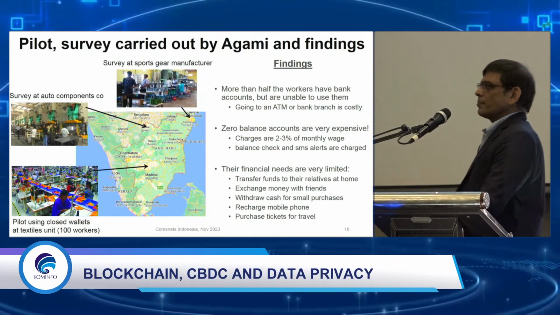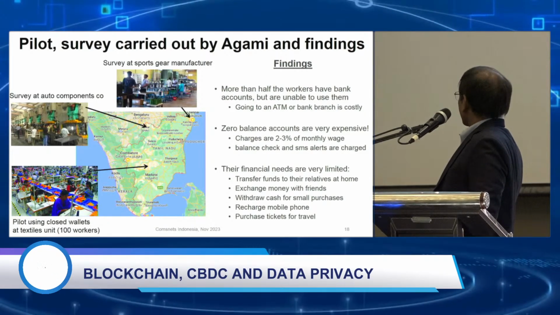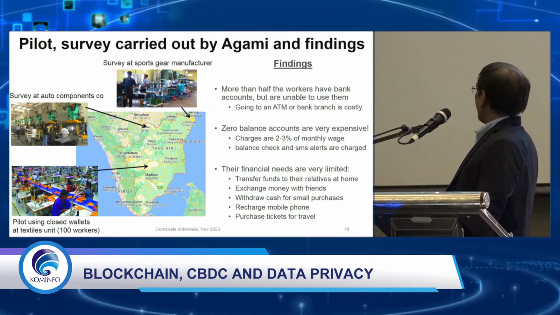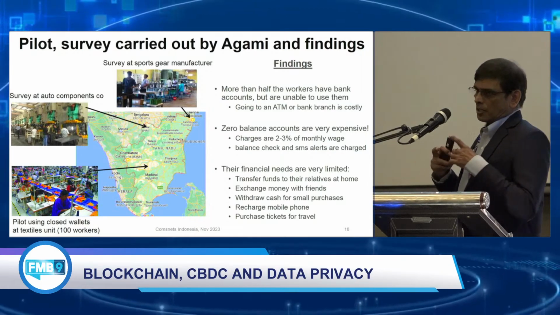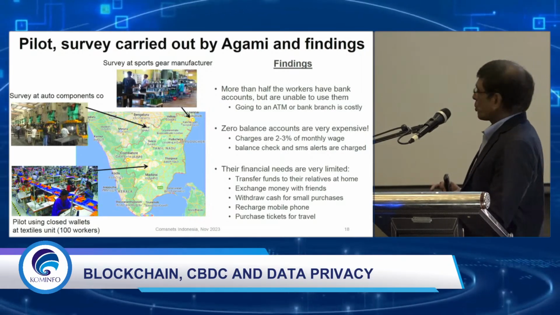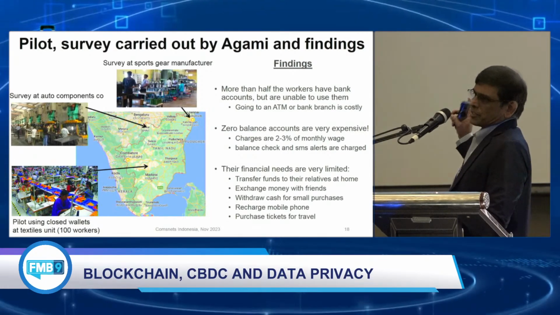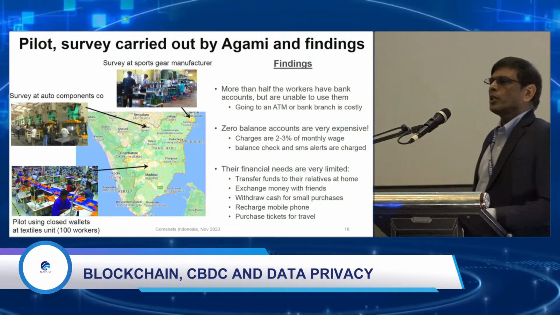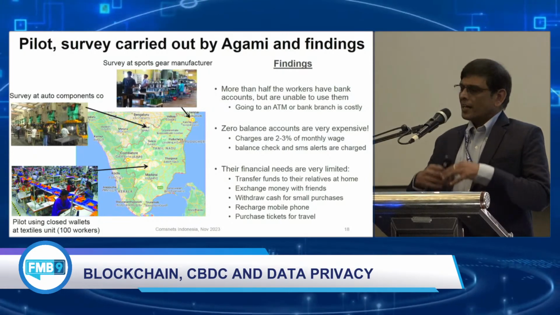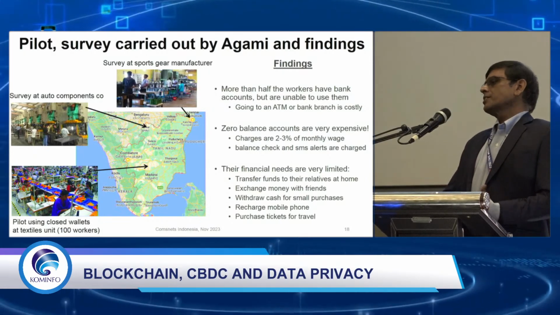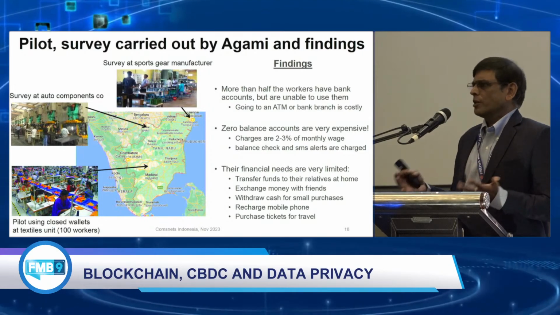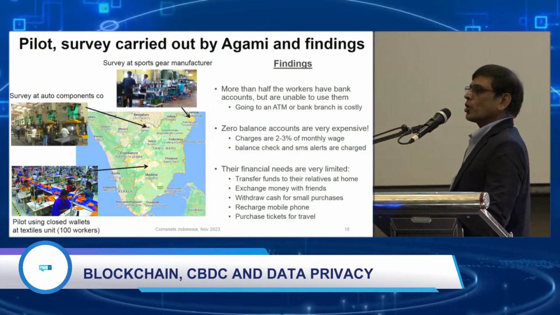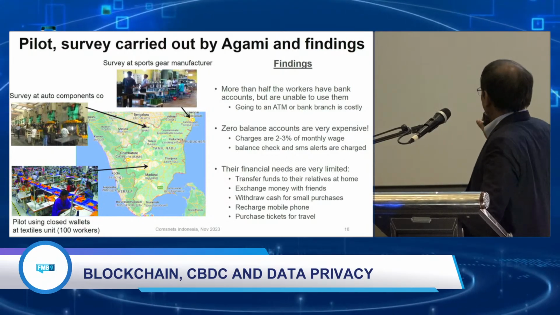India's textile manufacturing industry is very big. So this particular plant, this single factory, has 4,000 migrant workers. And we did a pilot by giving them a mobile application. It's a closed wallet solution for 100 workers. We picked random 100 workers and gave them this solution just to see how they use the money. So we gave them all their salary on their mobile phone and asked them to spend it. The app would allow them to spend it, so they were able to use that app and spend the money. And we tried to find out what they did with the money. Okay, that's basically the pilot.